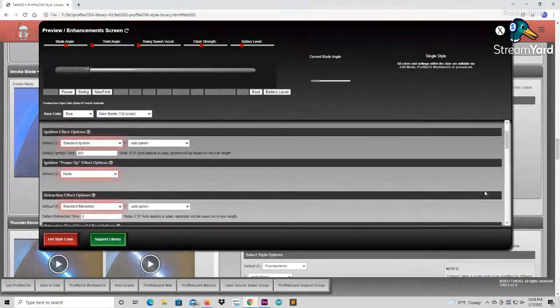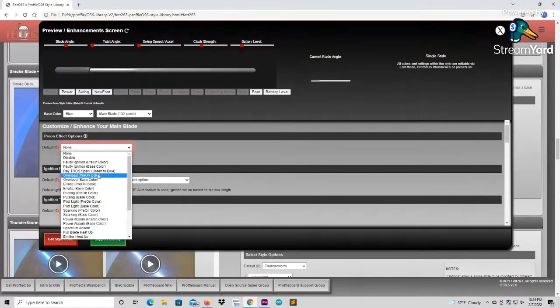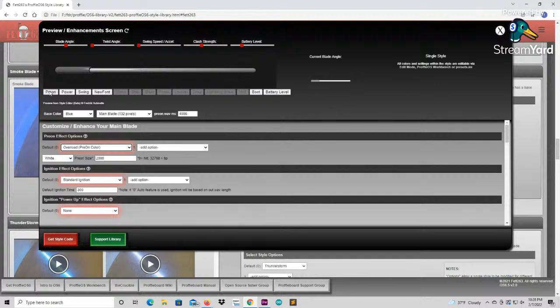And then if we wanted to add a prion effect, so I'll add a prion, and now you'll be able to actually preview that prion. Now the prion effects for OS6 all use the actual wave file. So this will allow you to change the timing. So I defaulted it at 4,000 milliseconds. If you have a longer prion, you could do that. If you do shorter, it will actually affect how that prion looks. So if I set this at a shorter prion and I do that same effect, you'll see it'll actually run through itself much quicker. And that's part of the OS6 edition, being able to use the length of that prion file. So all these capabilities now are there, built into the